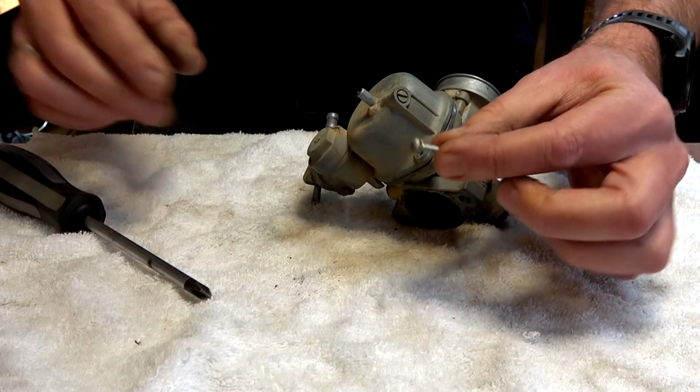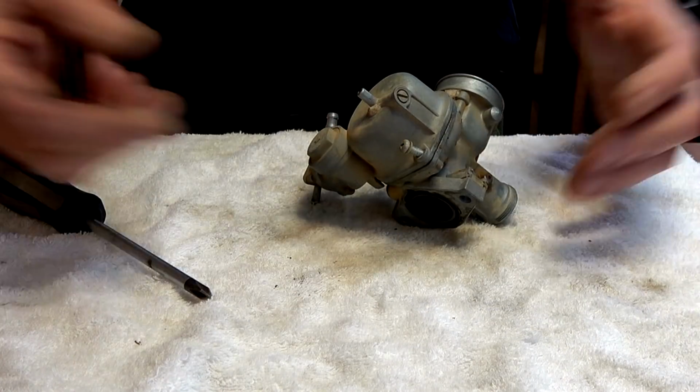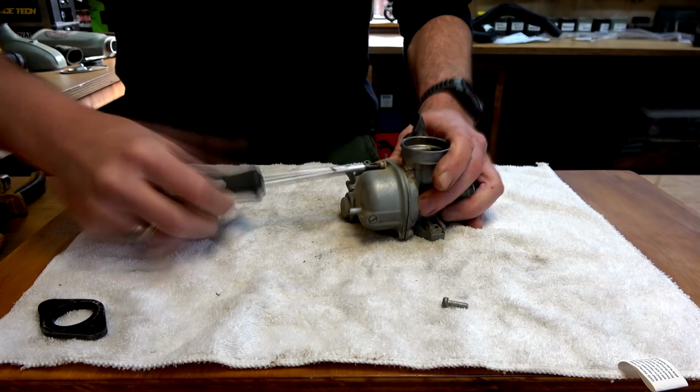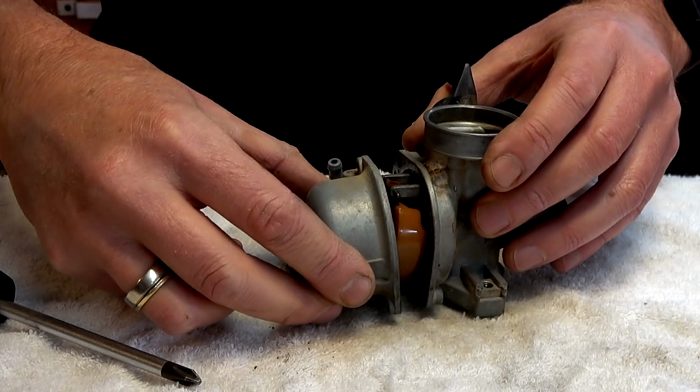Right. So I'm videoing. I would normally take photos if I'm not videoing, but I video everything these days, so I know where things are going to go back in. That one out. And then in here,